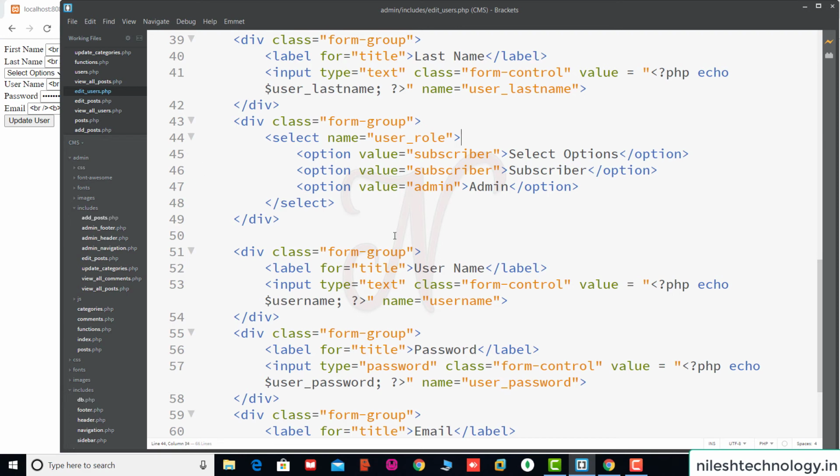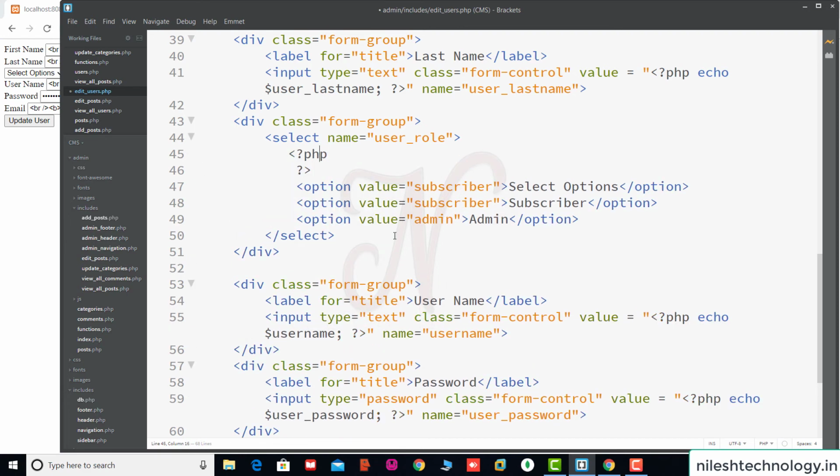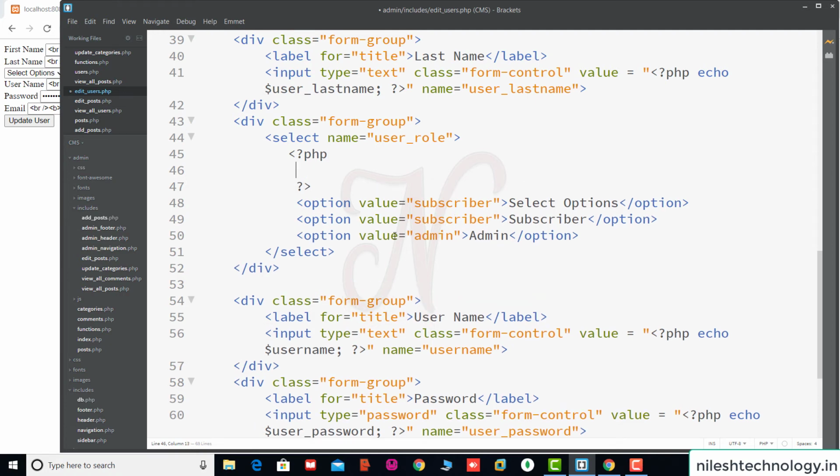So after that select tag we give one PHP script. See inside this we check if the user role is admin. If the user role is admin, then here we display the subscriber option.